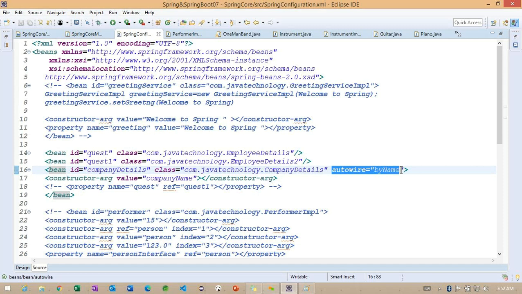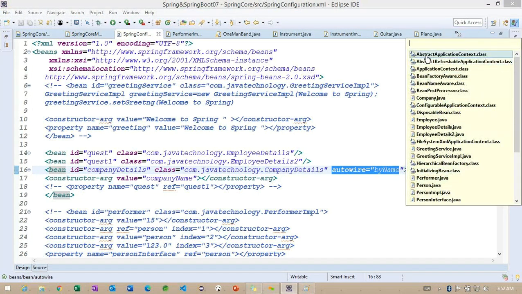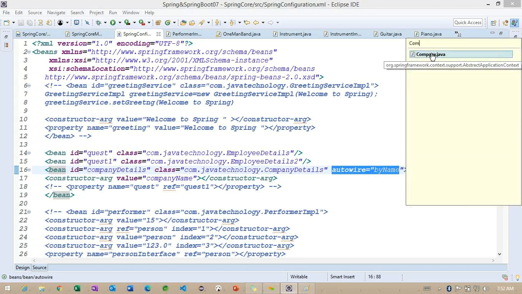How is this object going to be injected? Based on the name of the bean. So we need to understand what the name of our bean is. We need to check the company details. Where is our company details? Only company we are having.